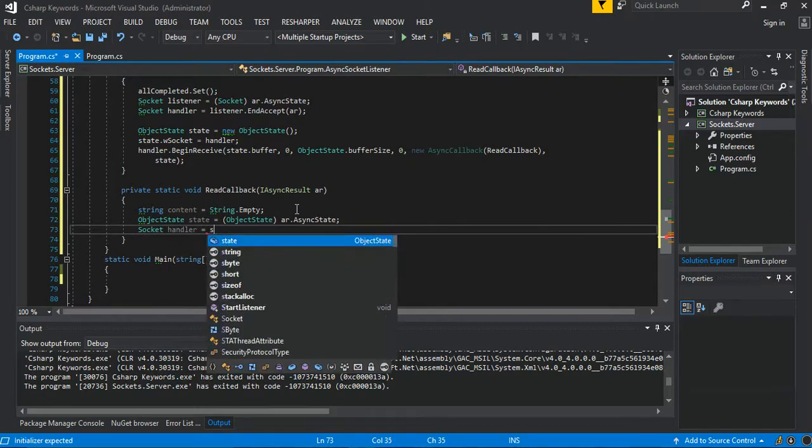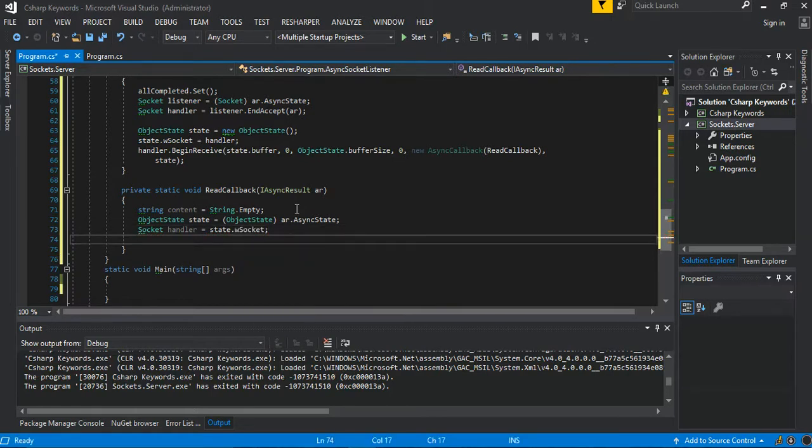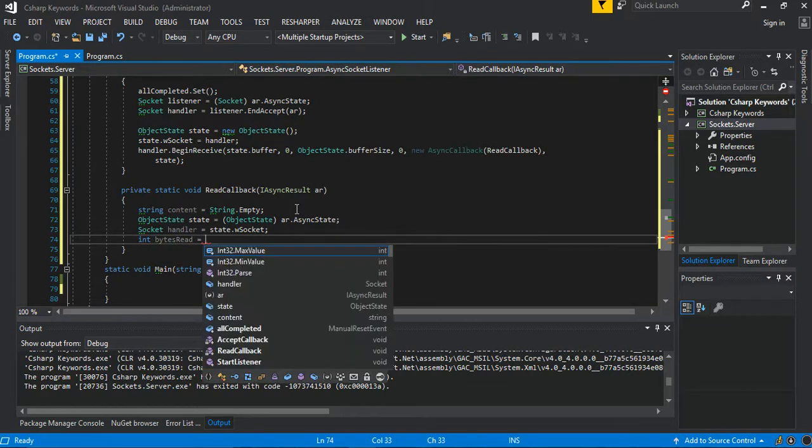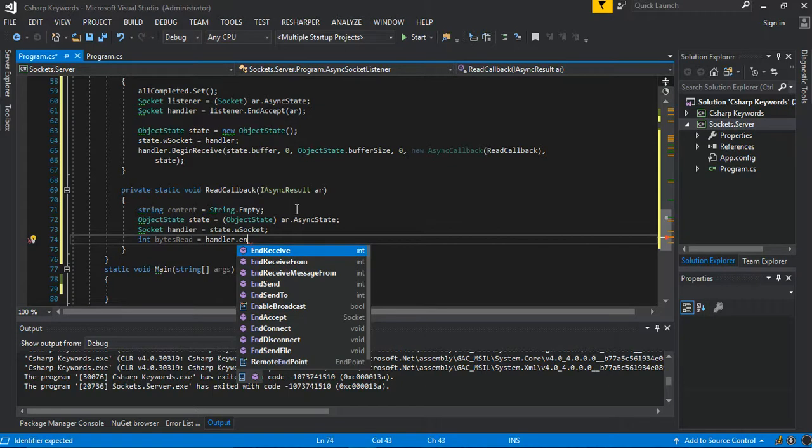Then we can say state dot WSocket, and we can say int byte read. This will be our handler dot receive AR,